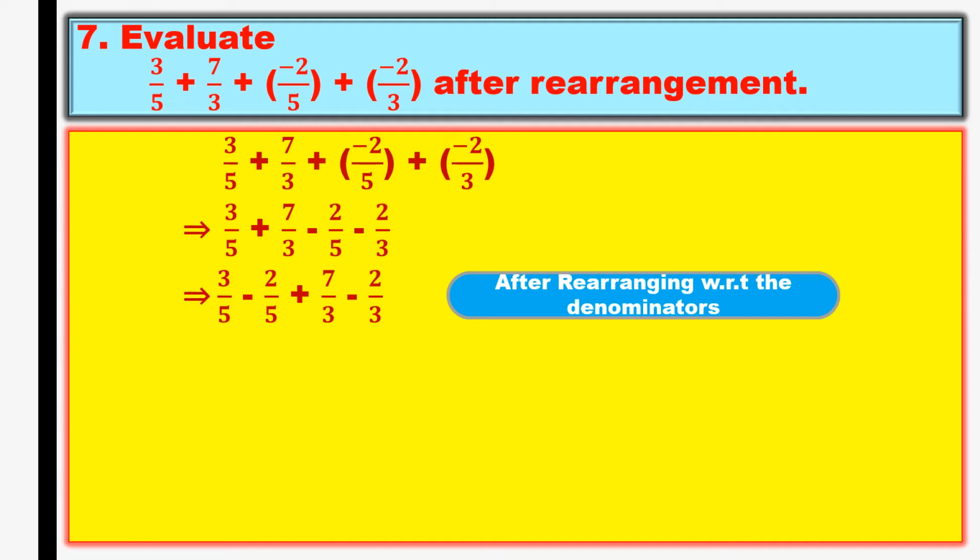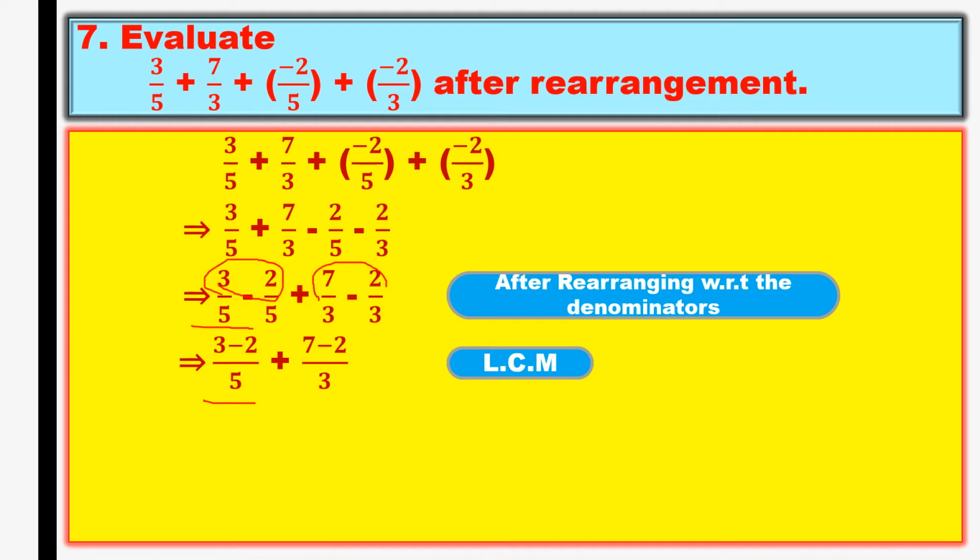Now both are having 5, 5 and here both are having 3, 3. So I'll take one LCM at a time for these two, and for these two I'll take LCM. For 5, 5 the LCM will be 5 only, for 3, 3 also it will be 3 only, no? So I'll put like this. When the LCM and the denominator are same, then you can write the numerators as it is. Here also the numerators as it is, because the denominator and the LCM are same, right?